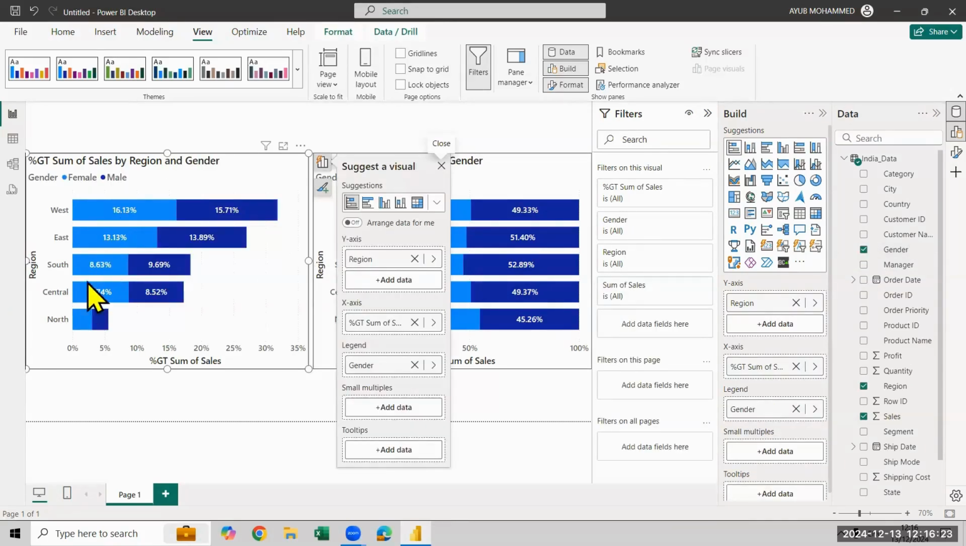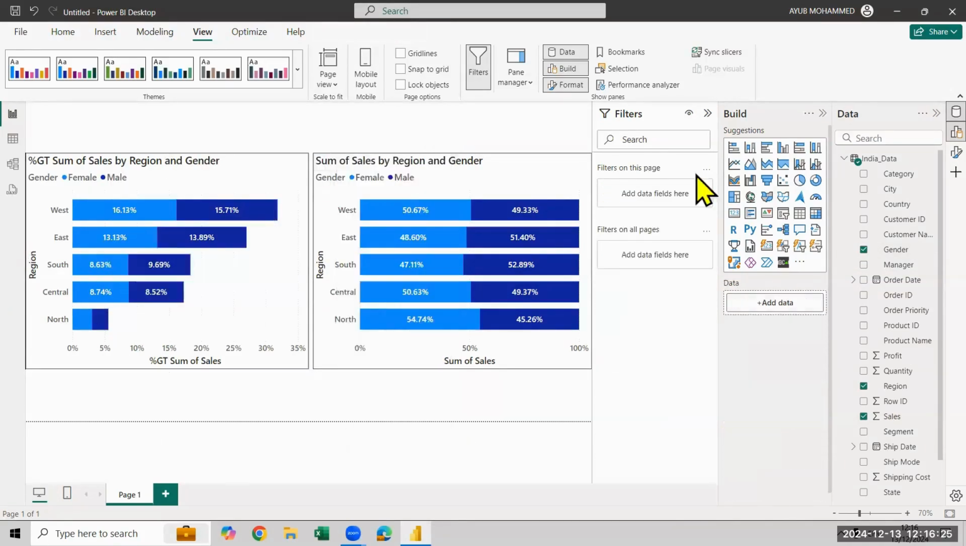This value is calculating in the grand total. And this value is calculating based on the West region. So that is the difference. Whenever you want it specifically based on the region level or based on the manager level, then you will use 100%